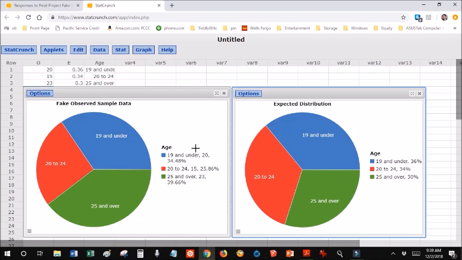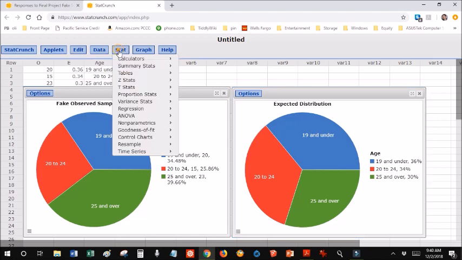And comparing these two pie charts, it looks like the observed sample data and the expected distributions are pretty similar. So that leads me to the hypothesis that the null hypothesis looks like the observed data and the expected distribution might be equal. So now I'm going to run a goodness of fit chi-squared test,